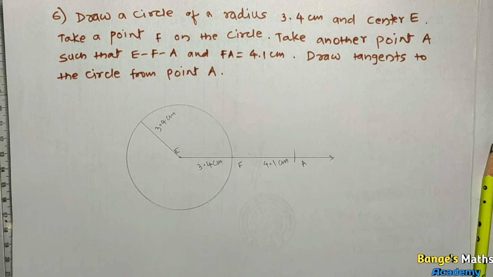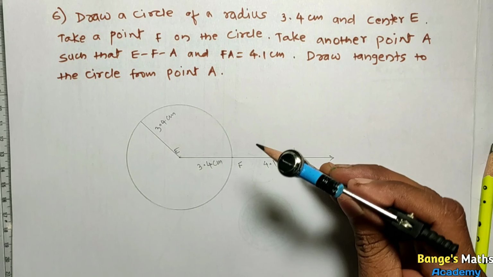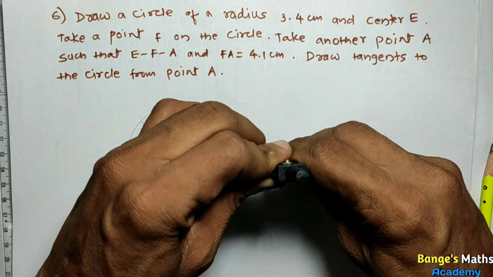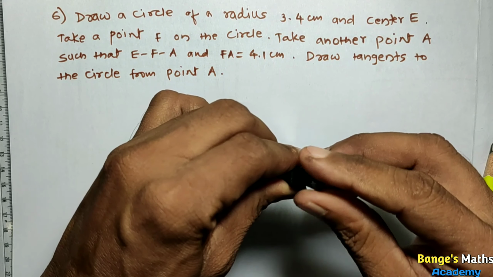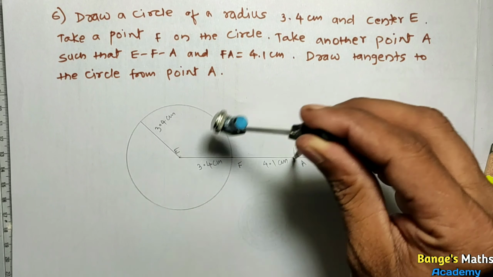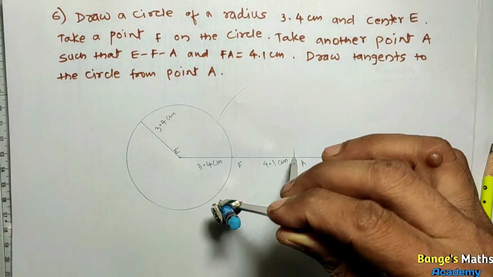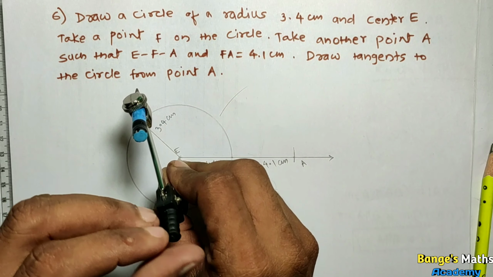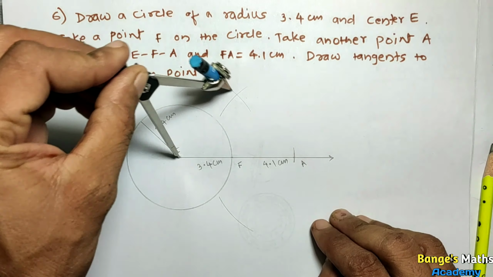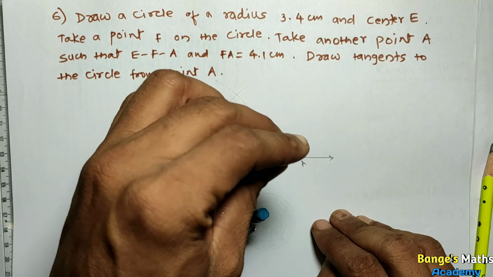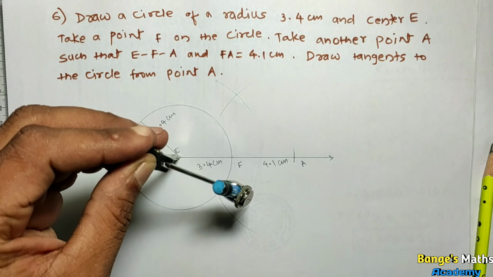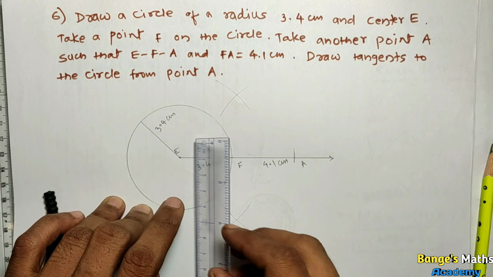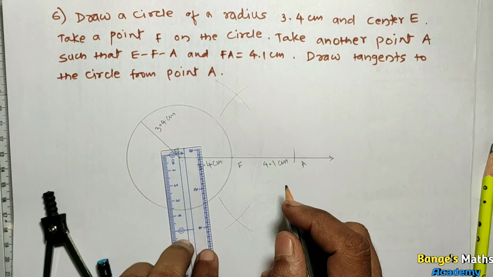So draw perpendicular bisector of segment AE. Take further apart half than distance between your compass. Put compass on point A. Draw arc to upper and to lower side. Put compass on point E. Keeping distance same, draw intersecting arc to previous arc. Then join this with the help of ruler.